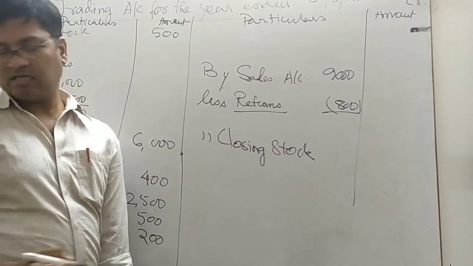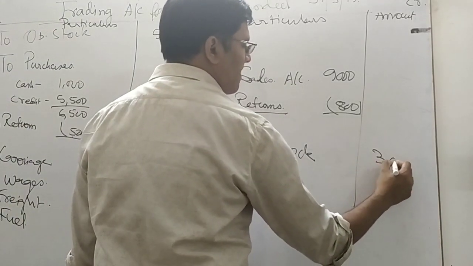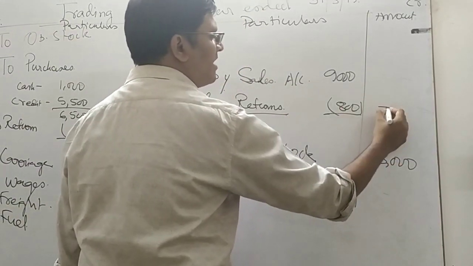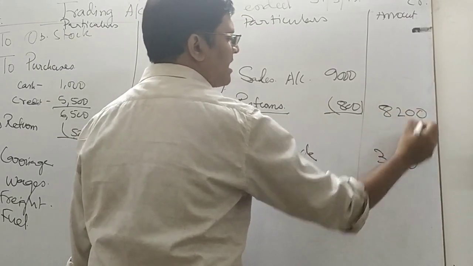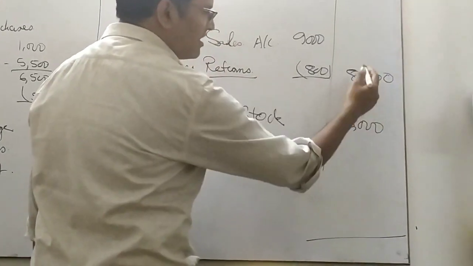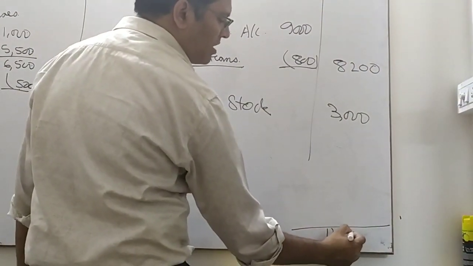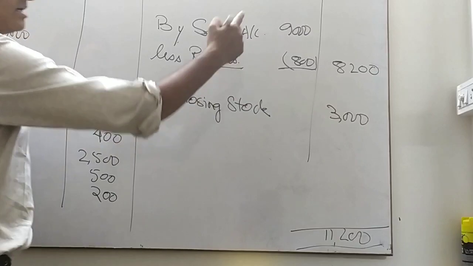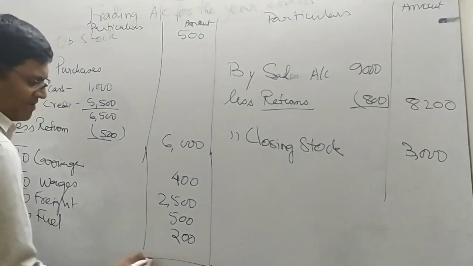Closing stock is 3,000. There is no other item left. So our trading account is over. We will just simply add. The credit side is 11,200. Credit total is 11,200 and the debit total is